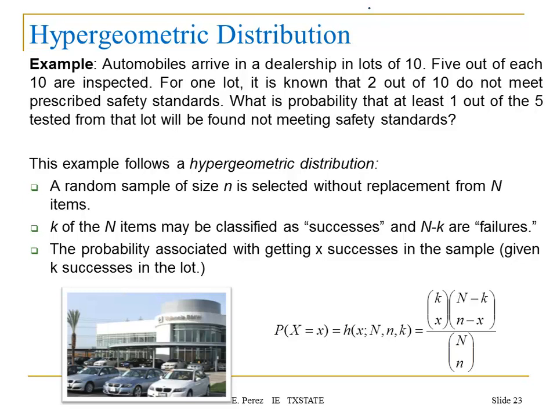So if we want to define again a random variable for this type of problem, x is a random variable which is described as the number of successes from